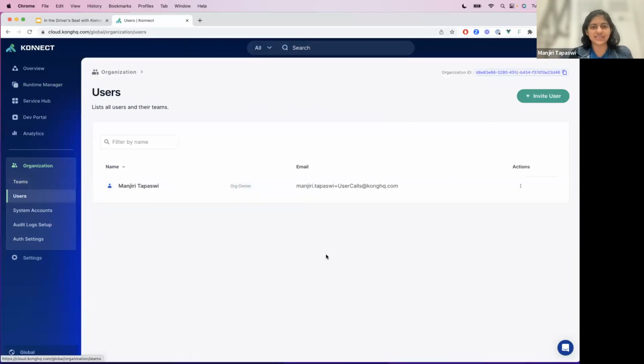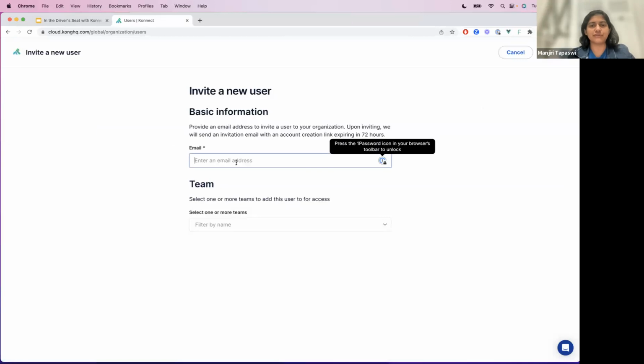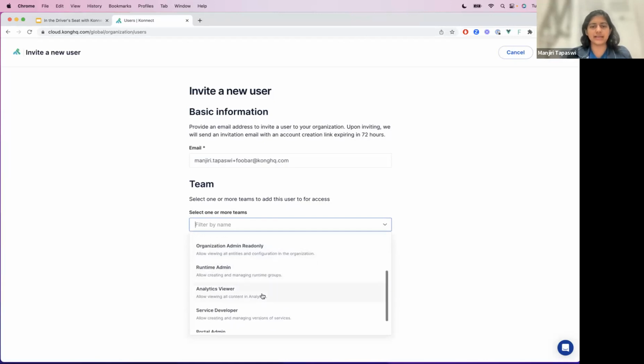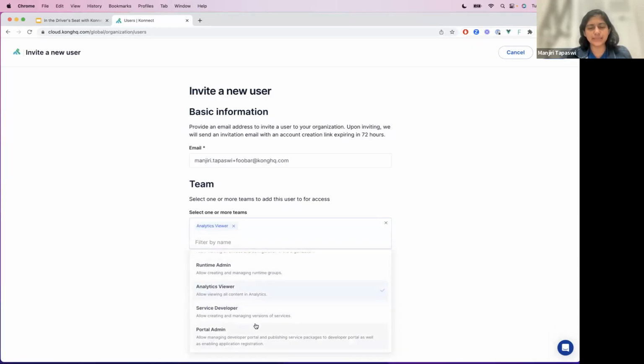Now coming to users, you'll notice that you can see users that are already created. If you're an org owner, you see a specific badge indicating that you're the org owner. You can invite users by specifying their email address. For example, you can specify an email address and create aliases for it, like hq.com. You can also specify different teams at a time of creating and inviting a user by giving them privileges, for example,